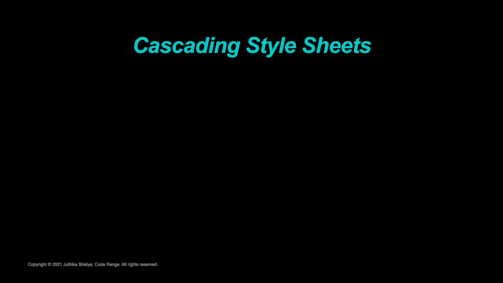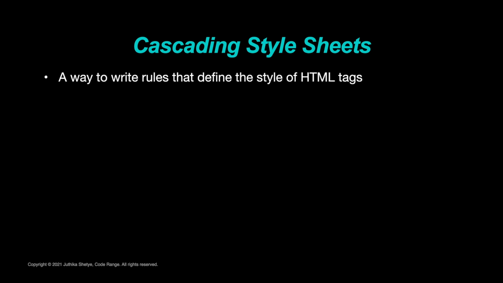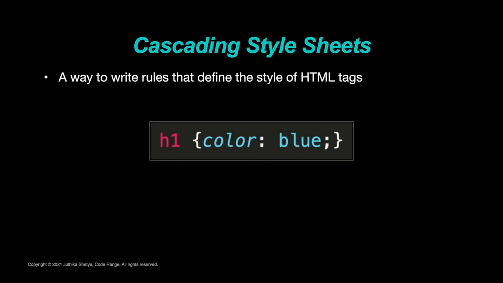Cascading style sheets are basically a way for you to write rules that say how you want to style all the paragraphs or headings or any other HTML tags. And the syntax or rules are set up like this. First, you have to write your selector. And selector is just kind of a fancy way of saying what it is you want to style. In our case, we will start off by just giving the selector different tag names such as h1 or p.